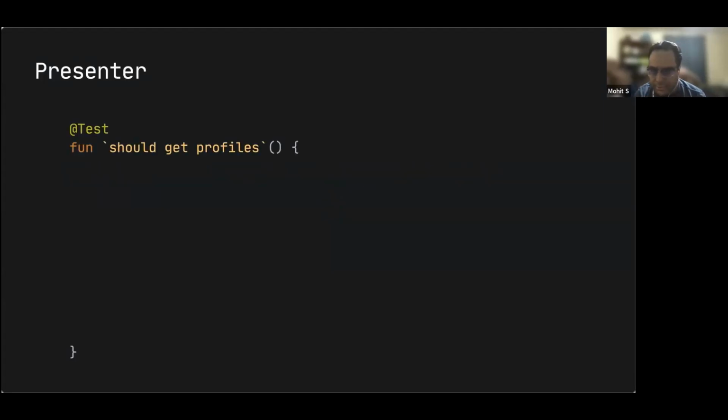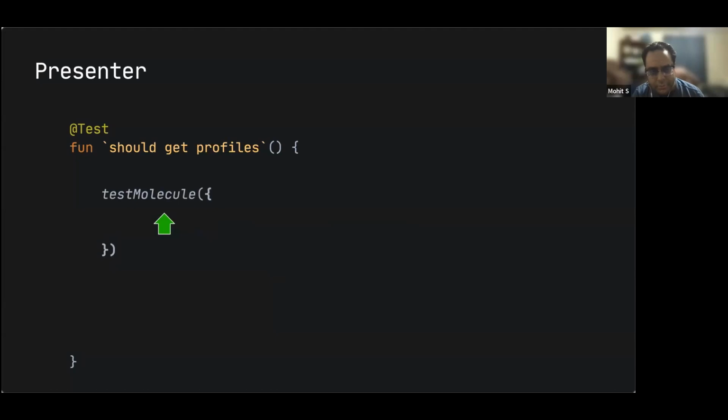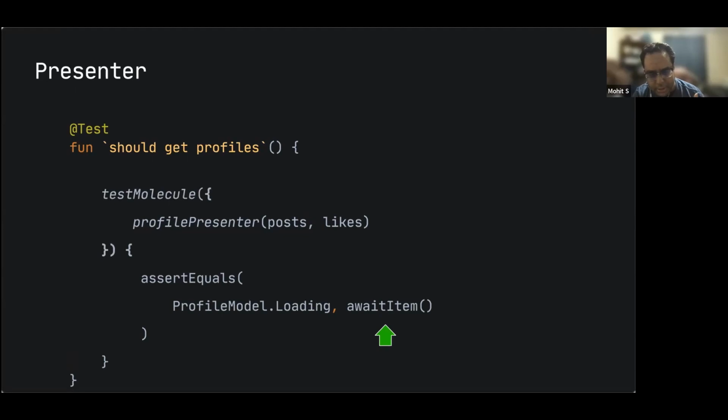So let's look at a sample test case, which is a success case, a simple happy path. The first thing you would do is that these streams of data that you're ingesting, you would create a shared flow. The reason you create this is that you could push things to it and then test whether you get the right model. This library provides you with a method called testMolecule. You give it the presenter that you made, and it takes in these shared flows that we made right here. Then in this lambda, for example,